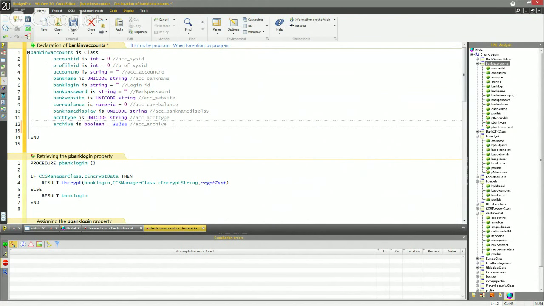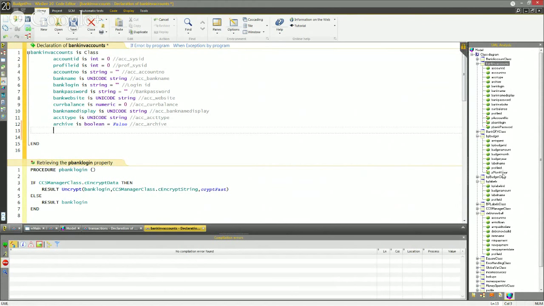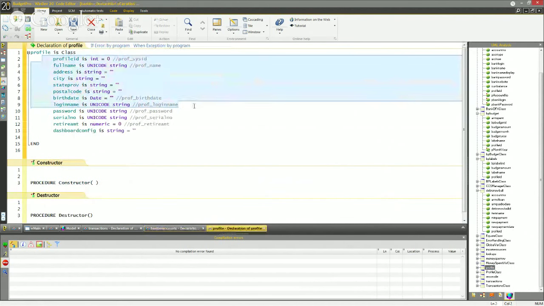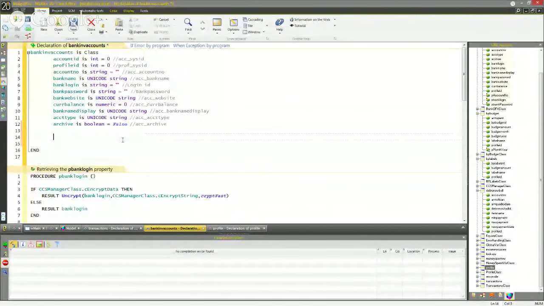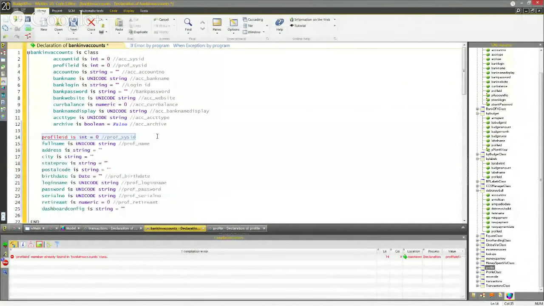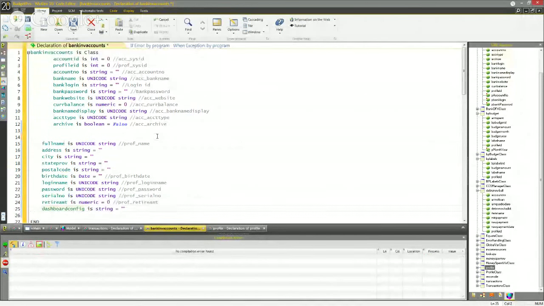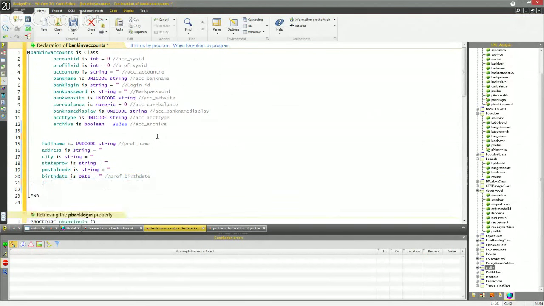One of the original pieces that I've had to do is, let's see, we need profile. I'll take the class for profile, and basically I'll just copy whatever fields I want over here. I don't want to duplicate that, but I've got everything else I need. Okay, so let's say I don't need any of this stuff, but I just need those items. That's all I need. So I put those items in there, and now I have those fields in that class. When I save that class,